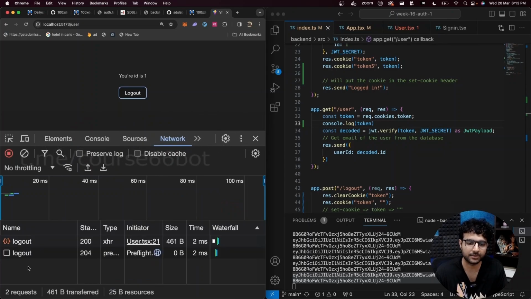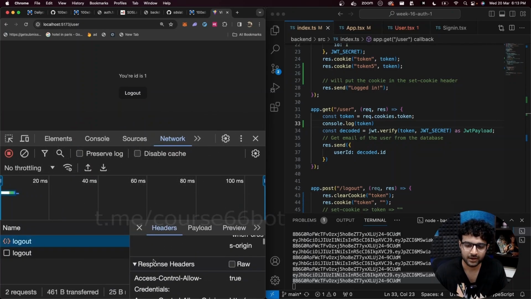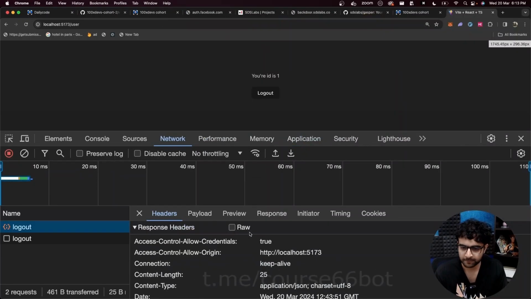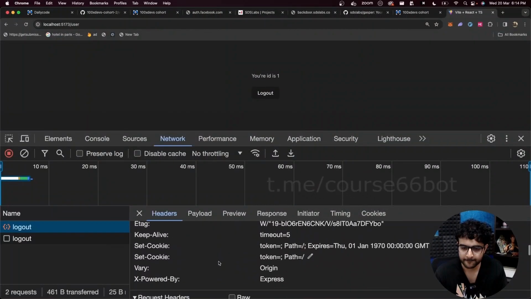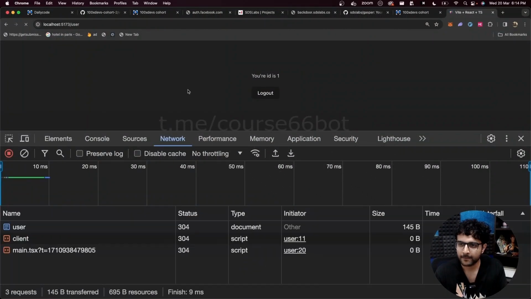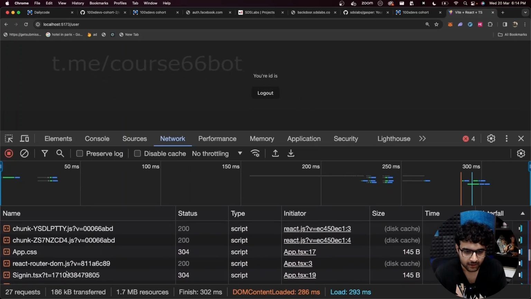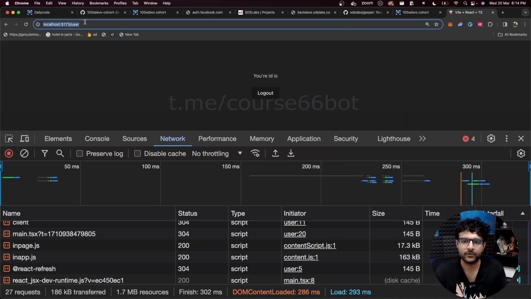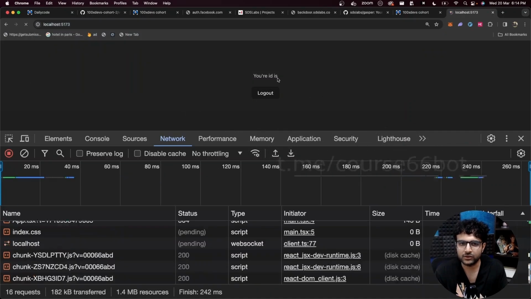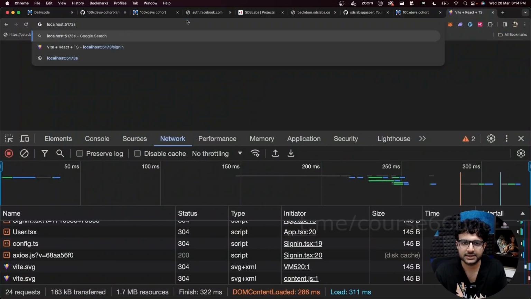If I click on logout, what happens? If I click on logout, I get back from the server... let me try that one more time. As you saw, if I logged out, the ID goes away. But let me go back to /signin,